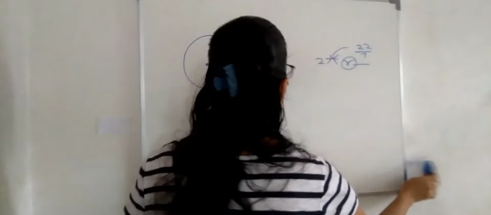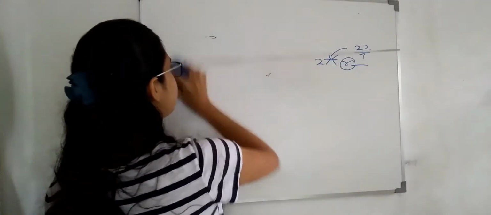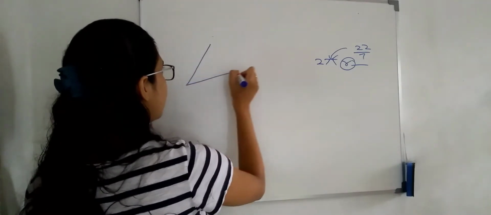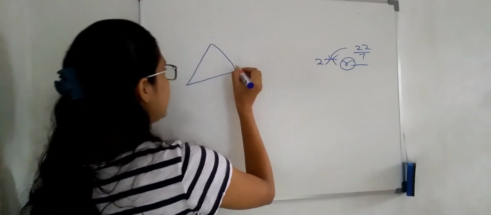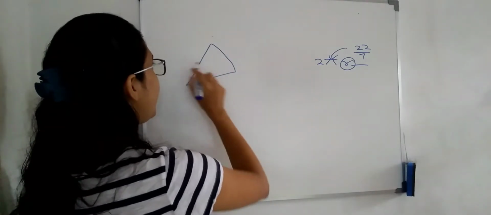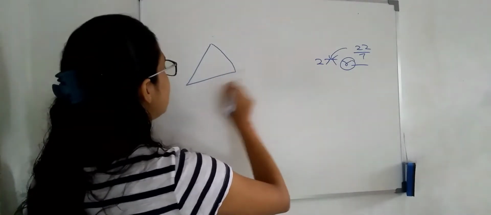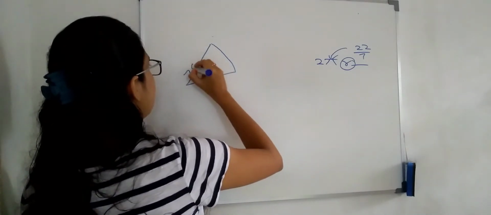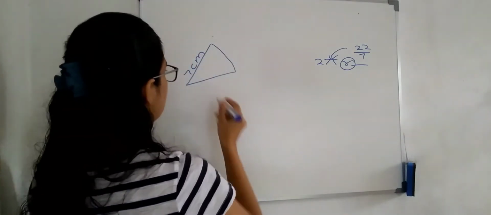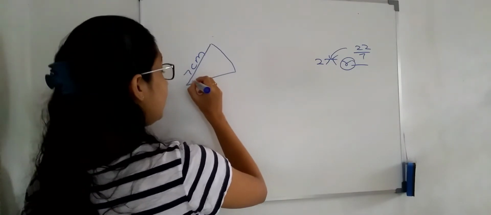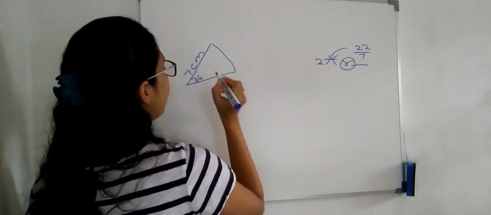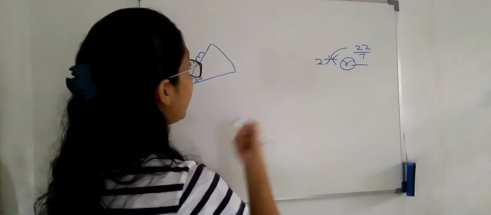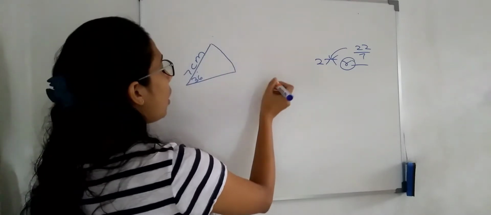So I'll teach that. I'll take an example. Consider this sector. This is a sector of a circle. This sector is bounded by two radii and a part of the circumference. The value of the radius is 7 centimeters. The angle at the center is 36 degrees, and we have to find the perimeter of this sector now. So how to do that?